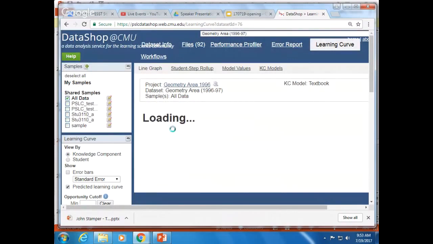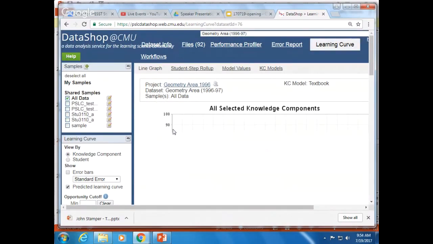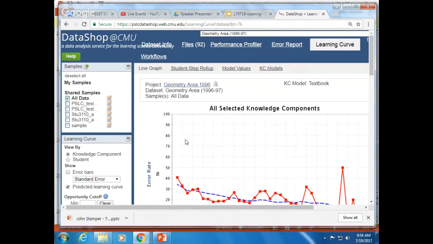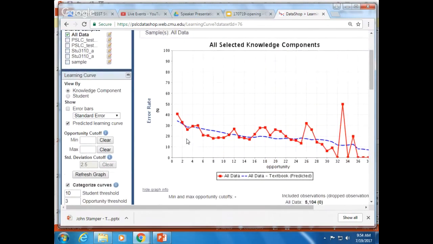So I've chosen a model called textbook, which is the one that was originally done with this. And you can see here's an example of a learning curve. In this case, the red data is the actual student data. The blue is a predicted model that we fit called the additive factors model. It allows us to do prediction. This learning curve looks pretty good. You know, it's going down at a good rate, and